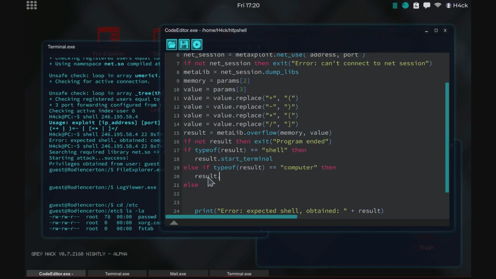And what we will do is result.file, and then we just grab the password file. So we do /etc/passwd, like this, and we'll call it pass. So now we're making a variable, and we're storing this file in pass, and then I guess we could perhaps just print the